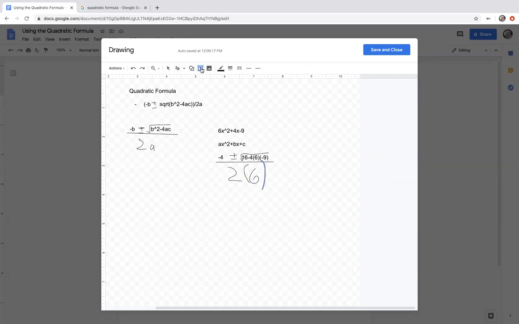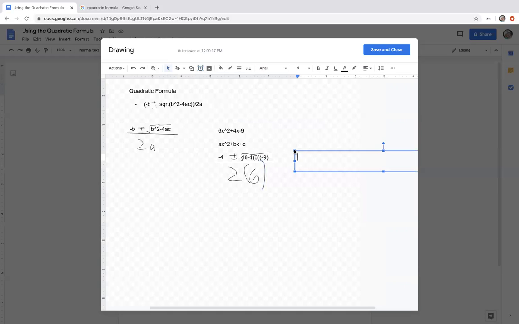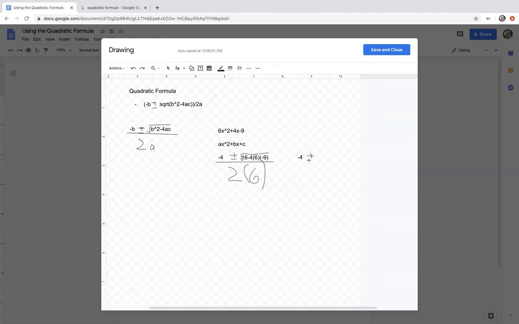Okay, now let's simplify this down. That's equal to negative 4 plus or minus, sorry, consider that a minus. My pen's really messed up today. Okay, yeah, consider that one a minus. Forgot about that. Plus or minus square root